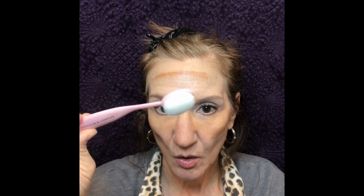So my favorite contour is my NYX Wonder Stick. That one I have also had for probably going on 2 years, but it's still going quite strong. So I don't feel any sort of pressure to kick that one to the curb quite yet. I'm going to take this Pharmacy Oval concealer and contour brush and